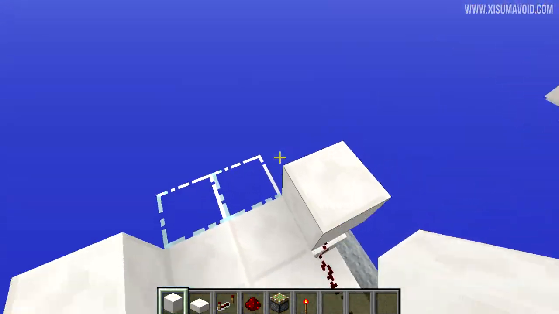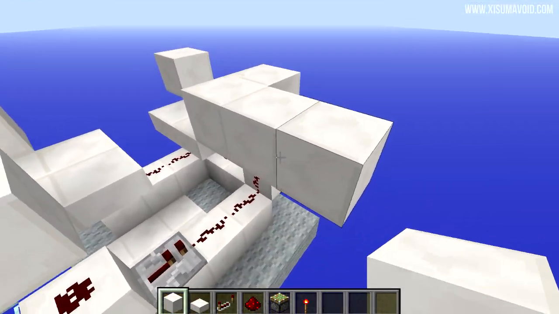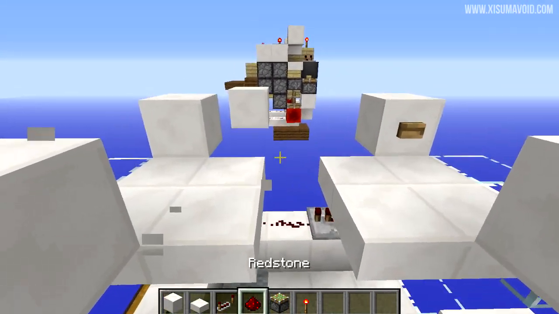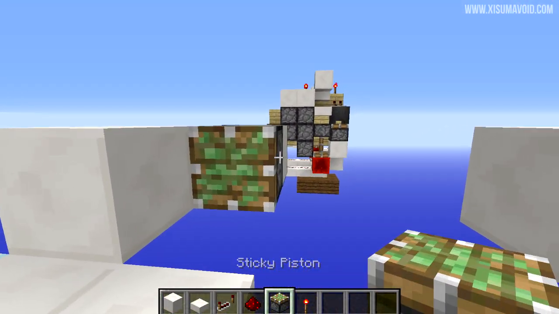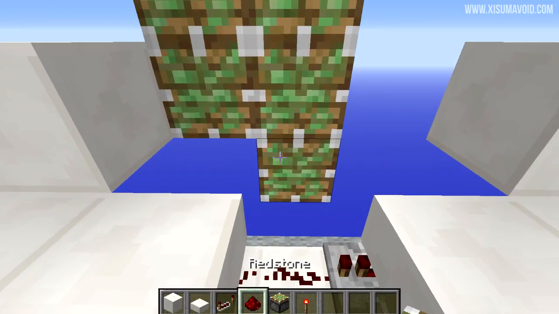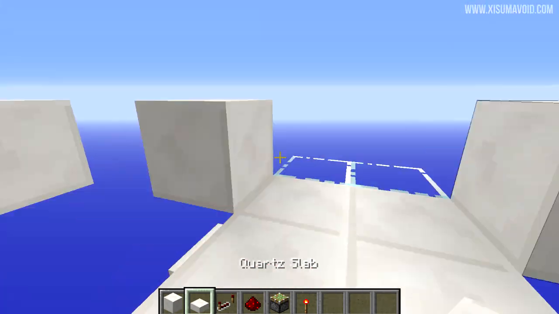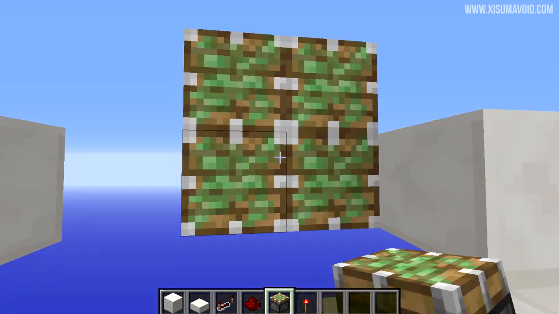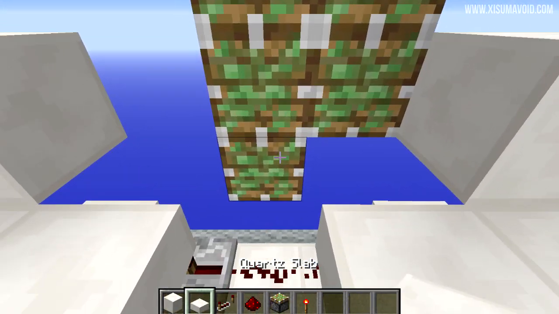So we're going to start off by actually placing blocks outside of our building zone, so we can place ones on the inside facing in the correct direction, which will be the pistons. So we're going to put a group of 4 of them like this. Then we're going to drop down below, place one below, this is not part of the Jeb door, and put a slab in front of it like so. So same thing again on this side, one below with a slab in front of it,